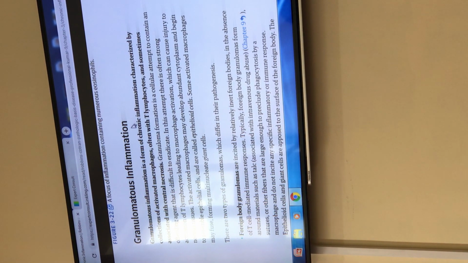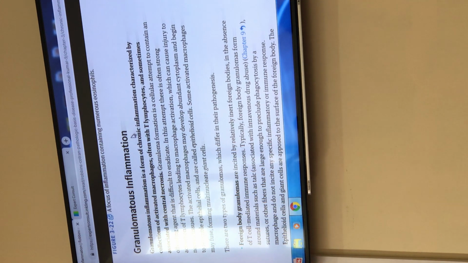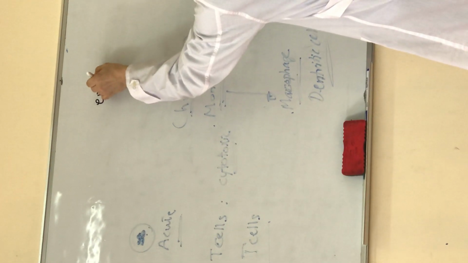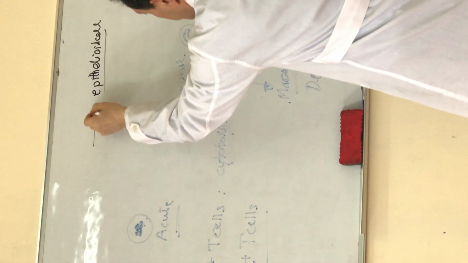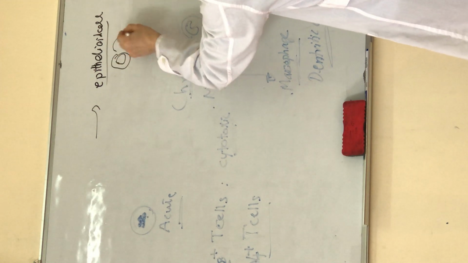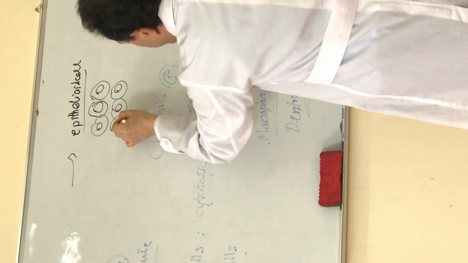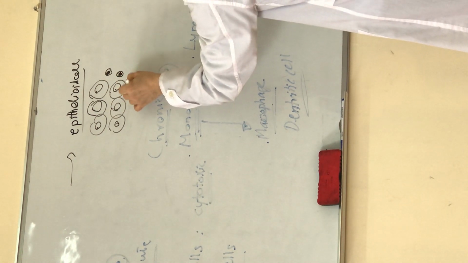Granulomatous inflammation is a type of chronic inflammation that, for example, can be seen in tuberculosis. Granuloma is formed by some type of macrophages that are called epithelioid cells. So macrophages change to these types of epithelioid cells. They proliferate, and together with the lymphocytes, so chronic inflammatory cells,